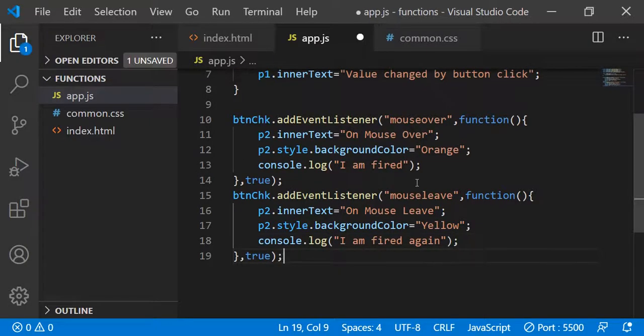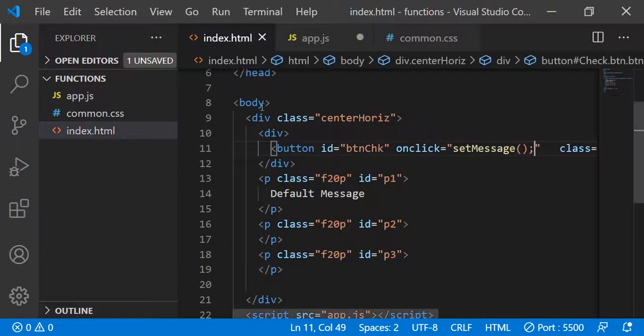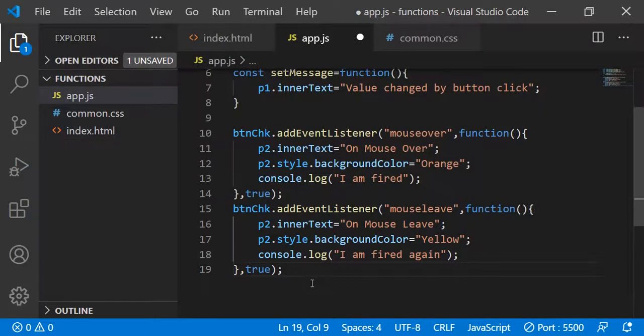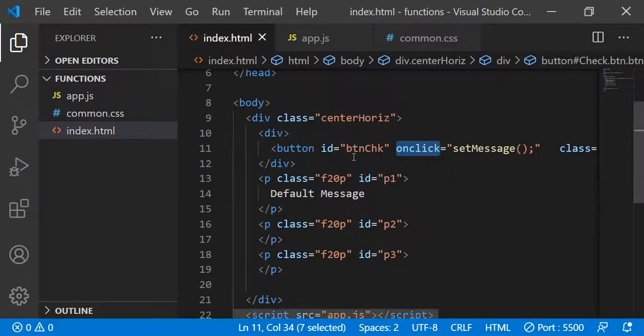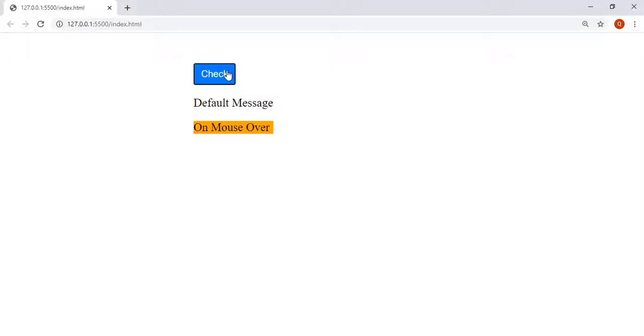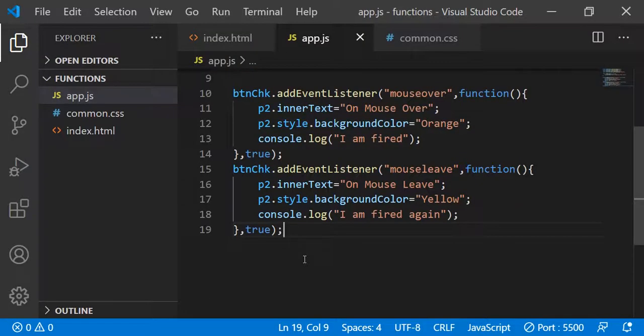This is so far so good. So now we have added functions to the three events. Like on click already we have, and mouse over we have already calling the set message when you click on the button. Initially I mentioned that add event listener will not override the existing events. So we will see in practical. Now I will add one more event to the button, that is click event. Here we are already having the one function which is going to be called when you click on the button. So when you click on the check, we are already calling the set message and setting the value. I am going to add the click event one more time, and this should not override the existing.